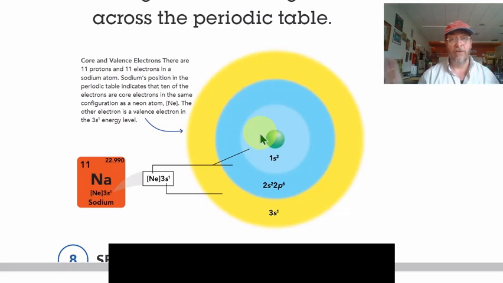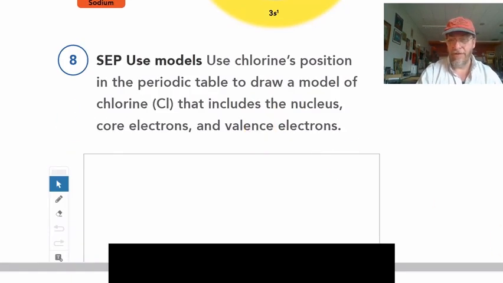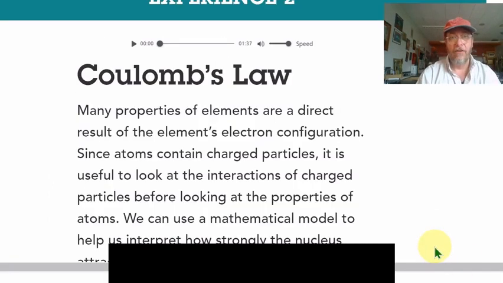The valence are the ones touching the outside. No, the valence are the farthest ones out, and those are the ones that interact with other atoms and the world. And so they turn out to be very important, and they have a lot to do with the properties of an element. So now that we have that out of the way, I want to move on and talk about,